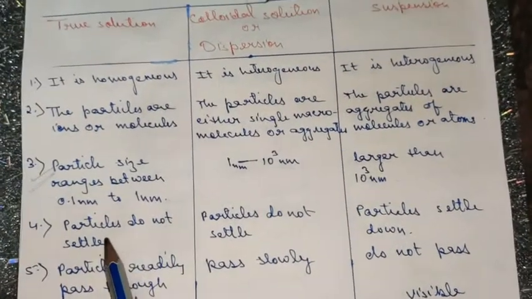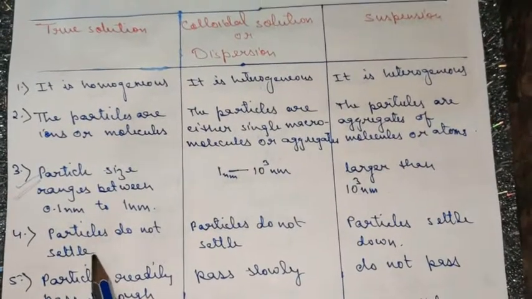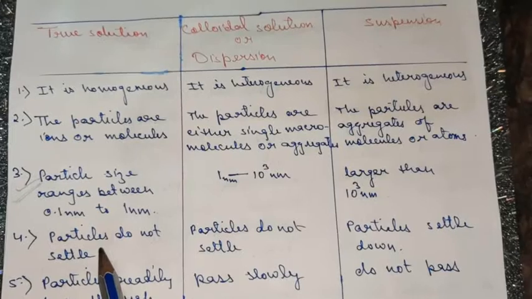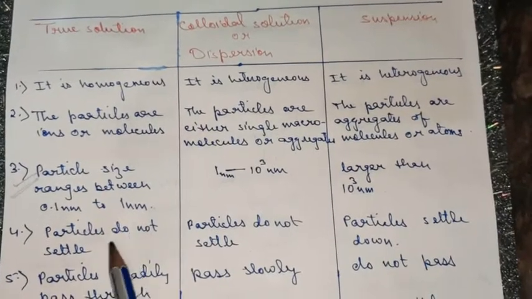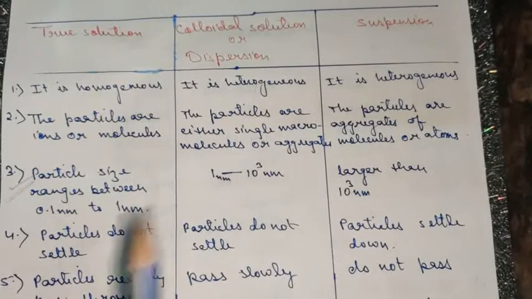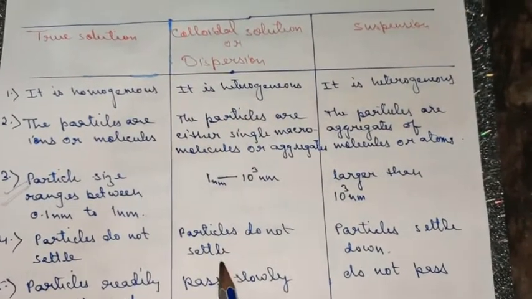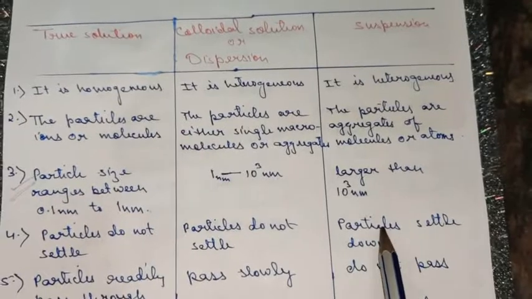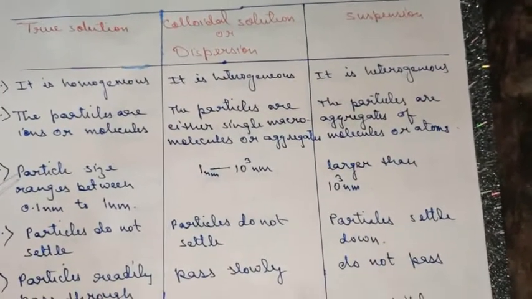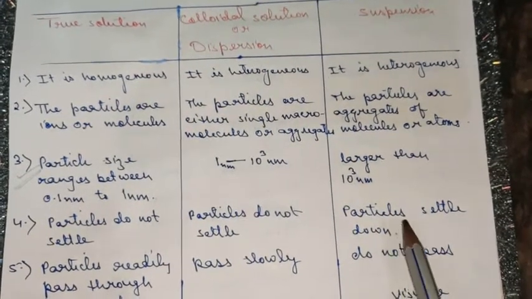Then in the first case, that is in the case of true solution, the particles do not settle down. Like if you prepare a homogeneous true solution and keep it for some time, you will not see that the salt has settled down at the bottom. It remains dispersed in the solvent. In colloidal solution also, particles do not settle down easily. But in suspension, if you are adding sand to water or mud to water, even if you stir it thoroughly and if you leave it for some time, you will observe that the sand or the mud particles have